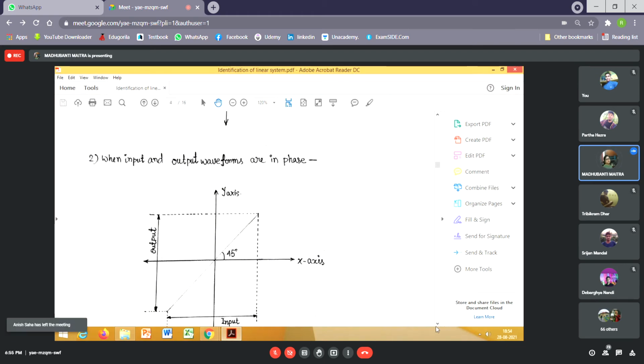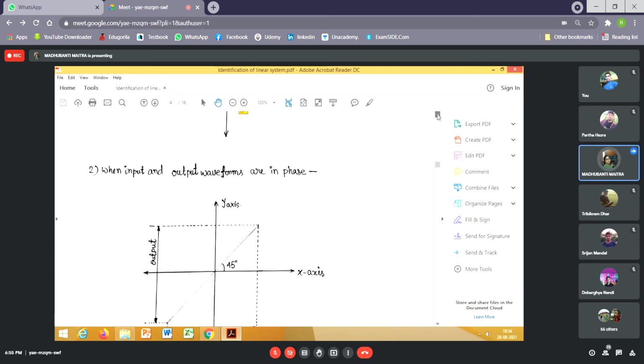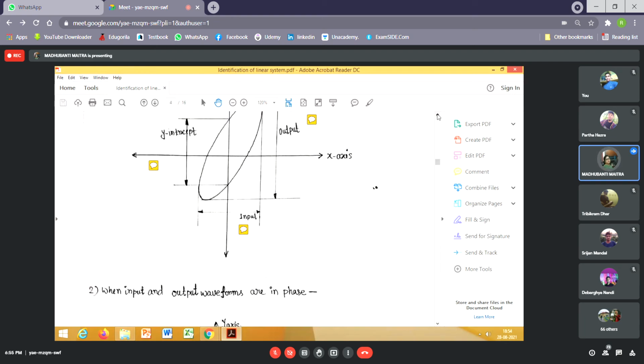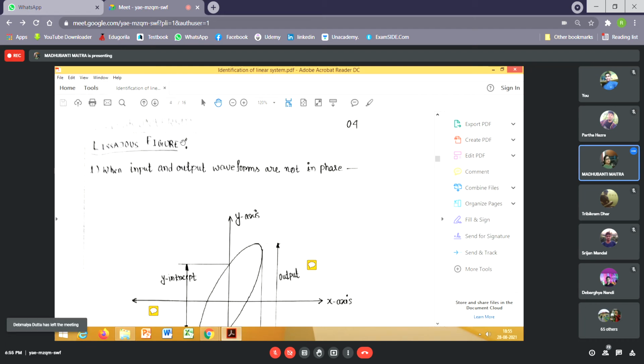Clear? I guess you'll not get this in the book written by Shahani. In Shahani's book, there is a dedicated chapter on oscilloscope and Lissajous figure. These patterns are called Lissajous figures. Just a minute. Lissajous figure. Is it legible?